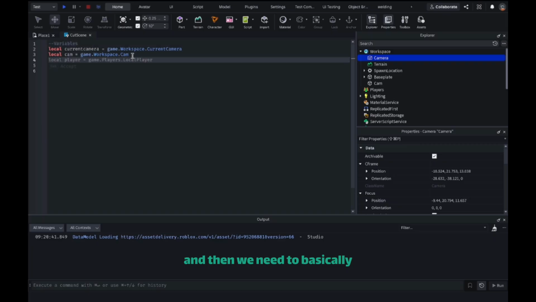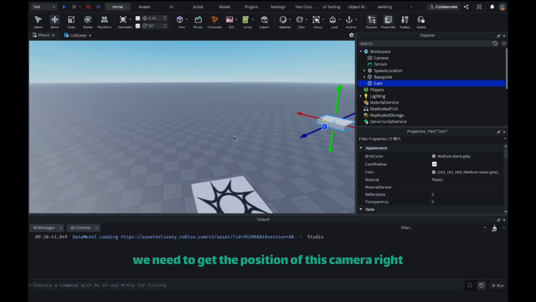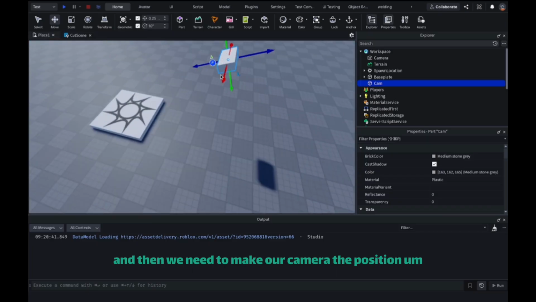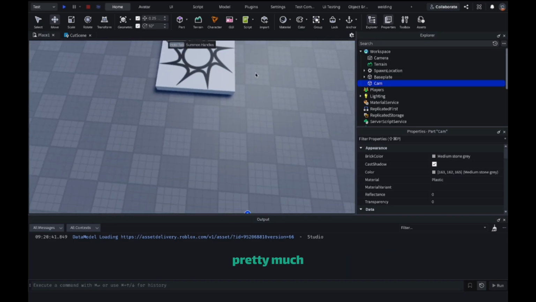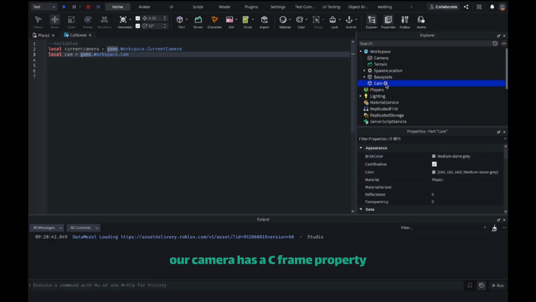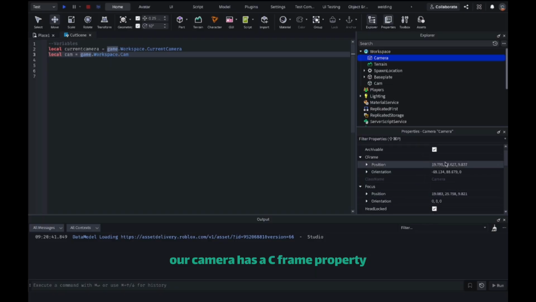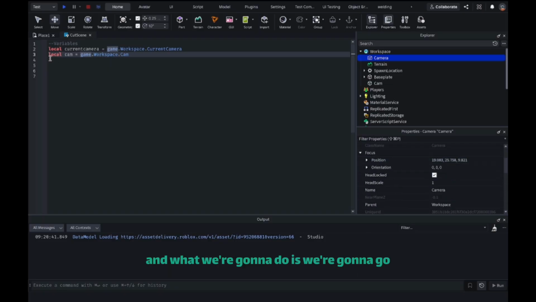And then we need to get the position of this camera, right? And then we need to make our camera look from the position of where the part is, pretty much. So we can do that by getting the cam CFrame. Our camera has the CFrame property,